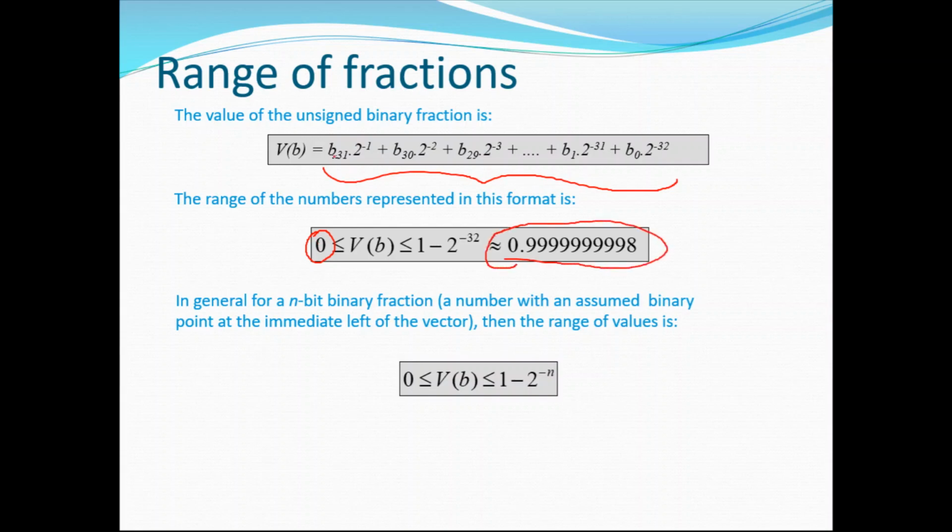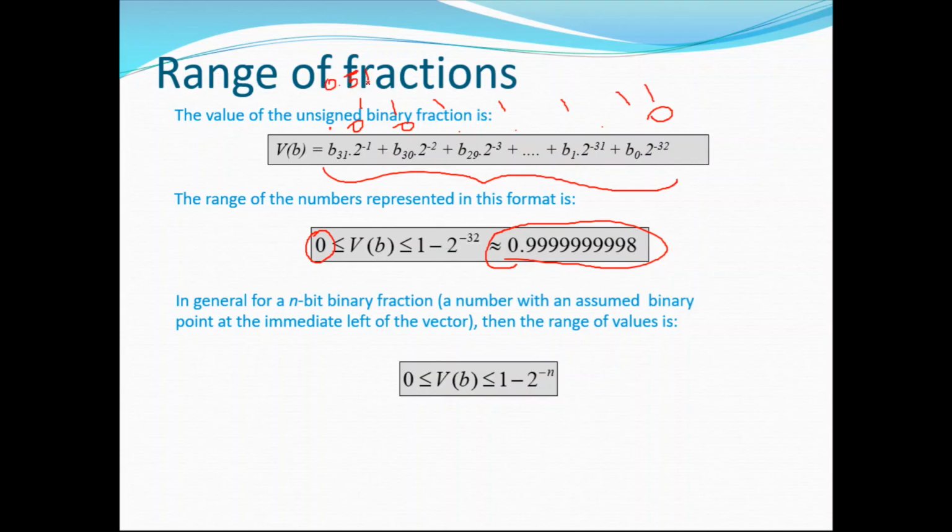What is 0? If all these 32 bits are 0, with an implicit binary point at the left end, then that value is 0, or you can say 0.0. Whatever it may be. If all these 32 bits are 1, then whatever we have discussed previously, it is nothing but